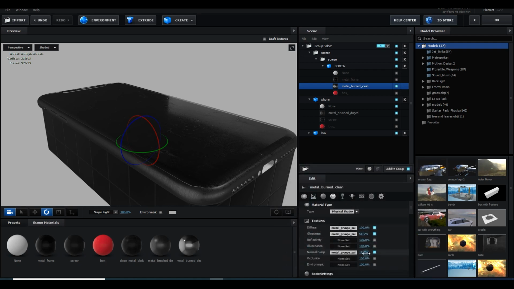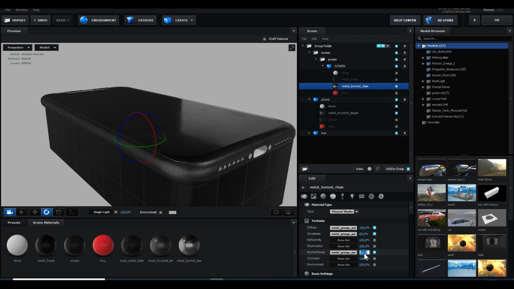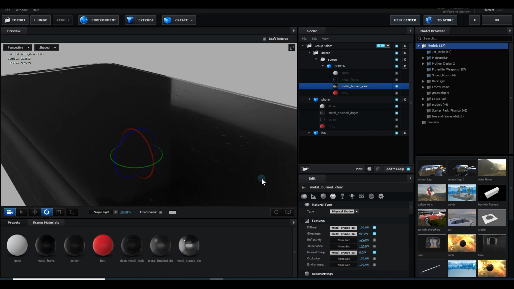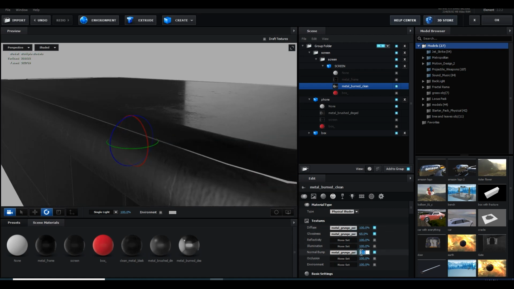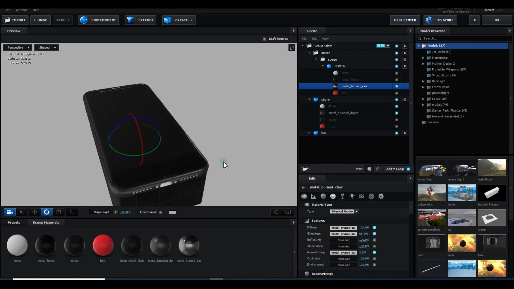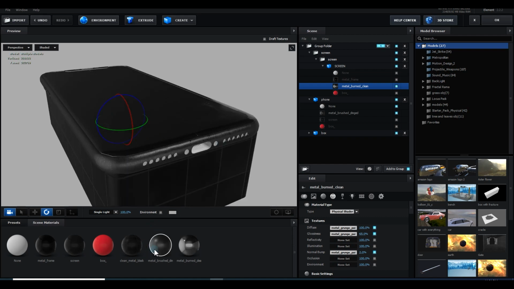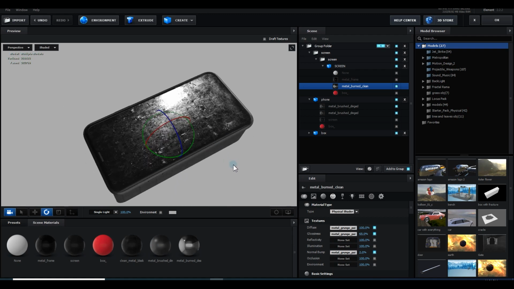You go to the normals and maybe make it 0 because I don't want any normals on the screen, or maybe I can just press it to 2, just a little bit, and you can apply a black material also for this one. So pretty much good.